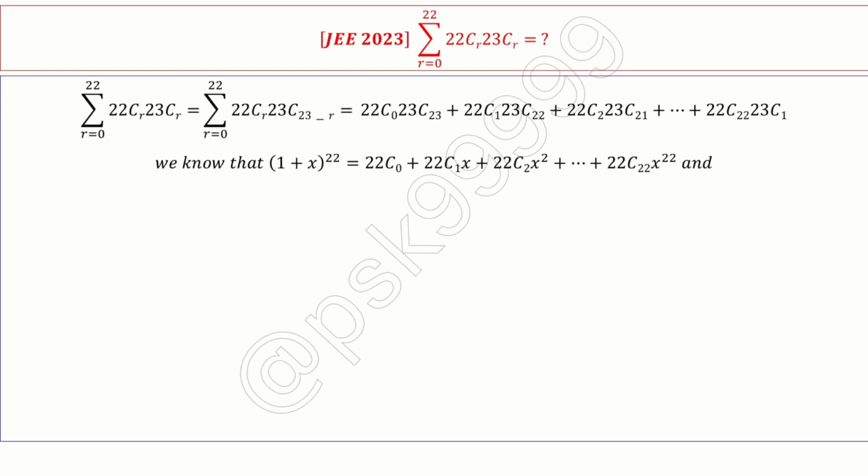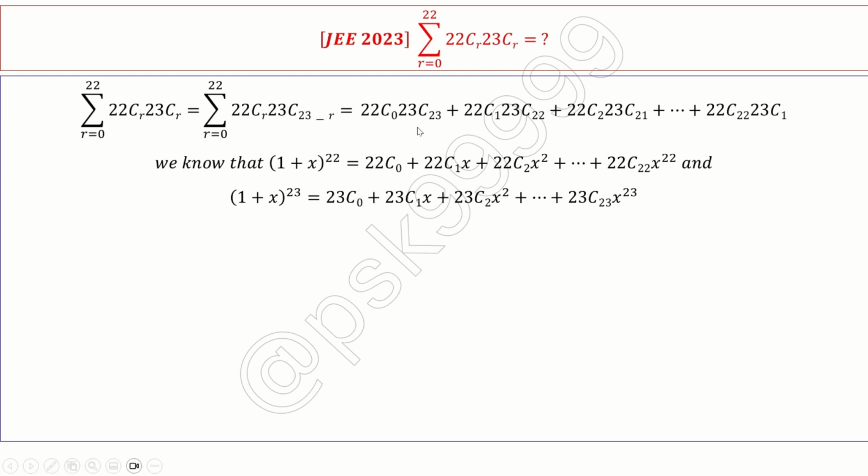We know that (1 plus x) to the power of 22 is nothing but 22C0 plus 22C1 x plus 22C2 x square up to 22C22 x to the power of 22. Same thing, (1 plus x) to the power of 23 is 23C0 plus 23C1 x up to 23C23 x to the power of 23. These are the expansions of these two. Now if I multiply these two, (1 plus x) to the power of 22 and (1 plus x) to the power of 23,